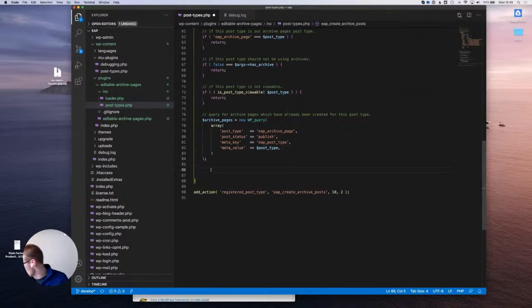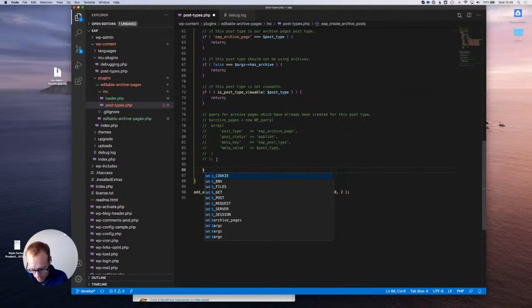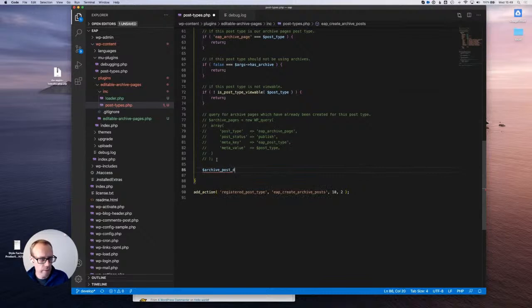Then what we need to do is create the post. So let us do that. I'll handle that query in a minute. So in fact, I'm going to comment that out because I want to create the post and then I know it's been created in the right way before I then check for one. So let's do the post. Oh well, let's do archive post ID